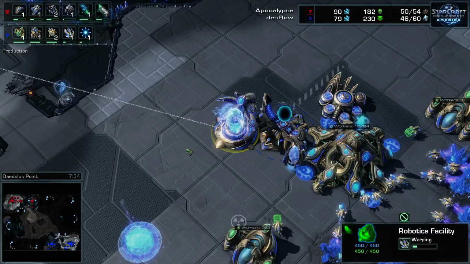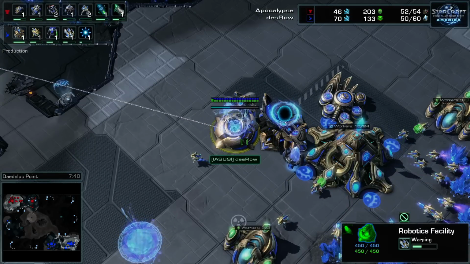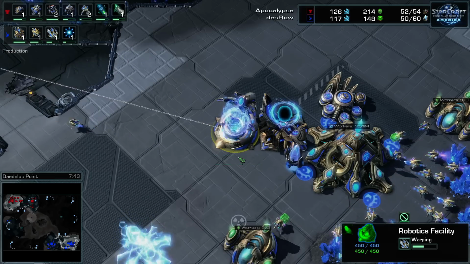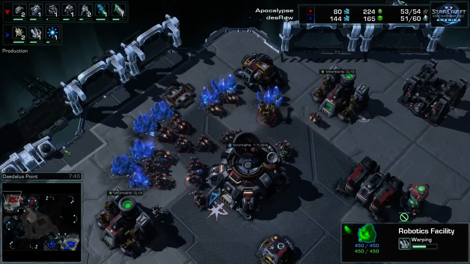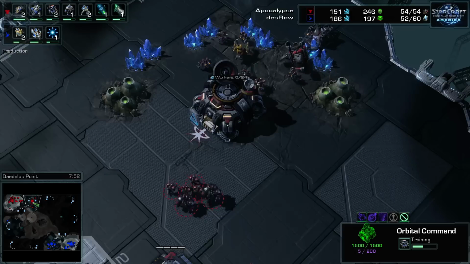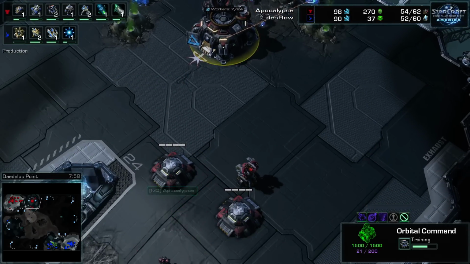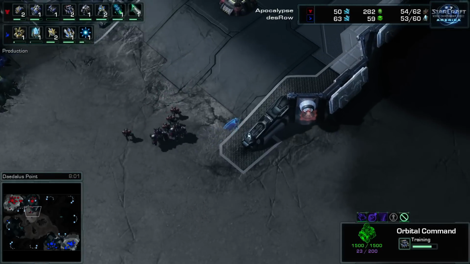There's also a Warp Prism being built, and this is what I was kind of hoping to see from Desrow after that Dark Shrine went down, was the Warp Prism, because it gives him just that extra kick to his attack here. There's no detection up here in the main base. It's getting so much more popular to not just be greedy with Dark Templar openings, but also be greedy with a Warp Prism follow-up, especially in PvP, because often, you know, in the old days...